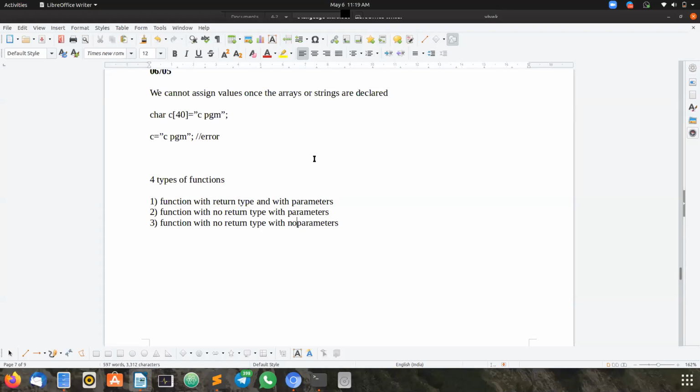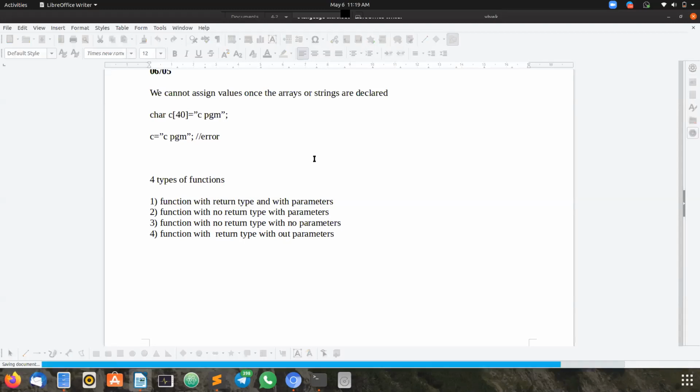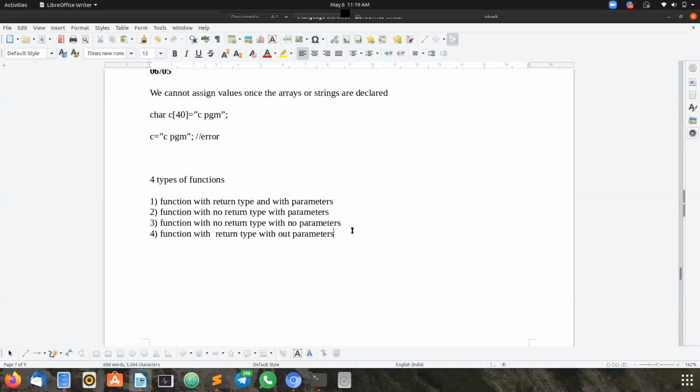And the function with no return type and with no parameters. And the last one is function with return type but without parameters. So these are the different cases we deal with in functions. I want to take one example and show you with the program.